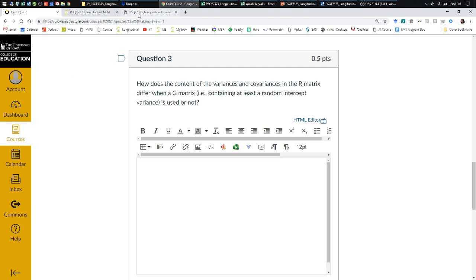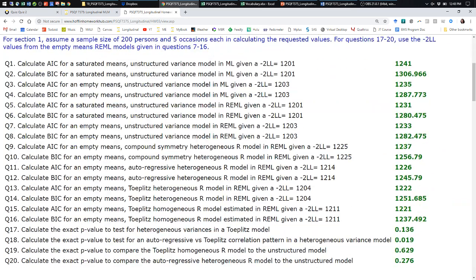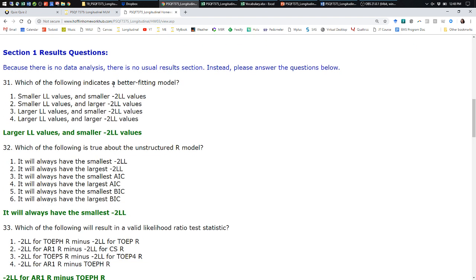So then homework. Let's go over some of those questions. Everybody did fine on the computational stuff. I just wanted to go over why these are the right answers for the drop-down questions here. So which indicates a better fitting model? We are going next week, I think on Tuesday, to talk about estimation of these models, and so I've just been giving you the summary version of it.